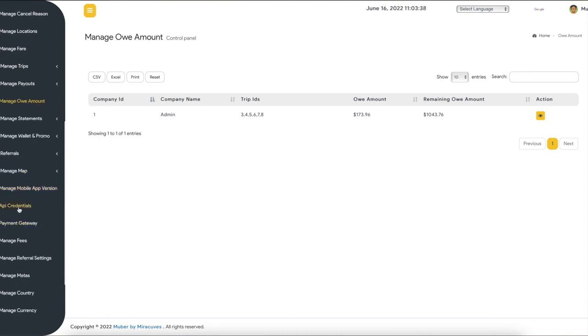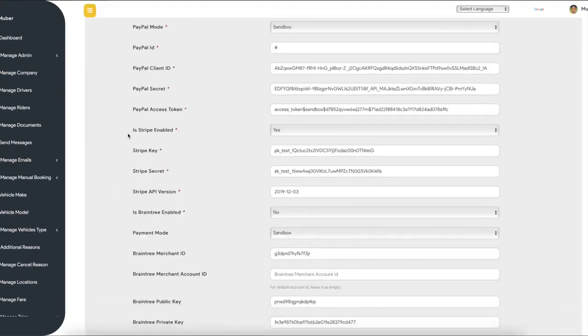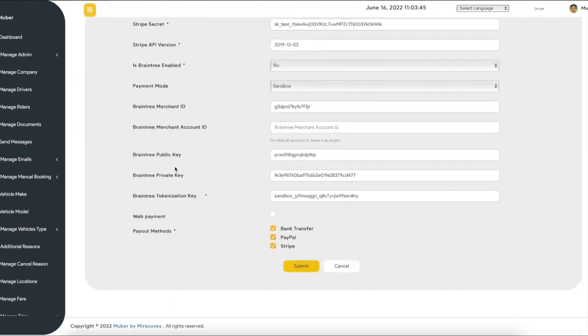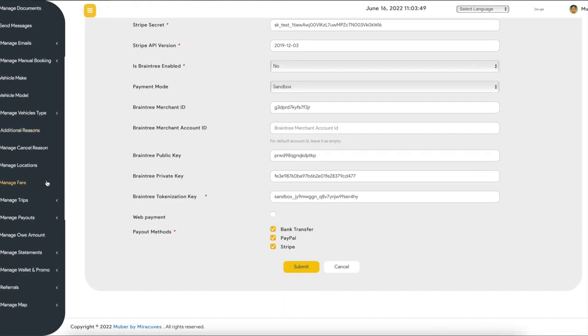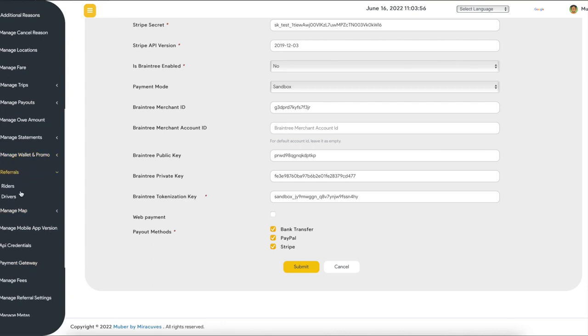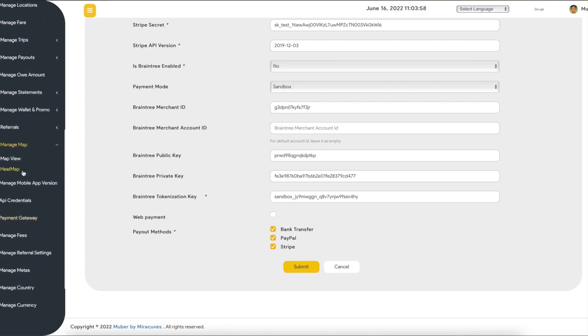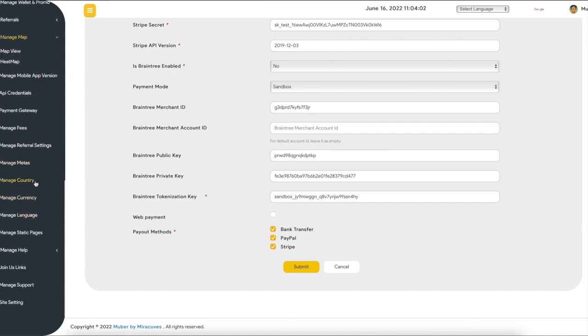Now the API credentials are there, payment gateways. We have PayPal, Stripe, Braintree, and we can add payment gateways as per your need, which will cost extra definitely. Then you have your wallet controls. You have your referral system, your heat maps. You can manage your countries. You can manage your SEOs from here, your currency, your language, your static pages control. You can manage your help section,